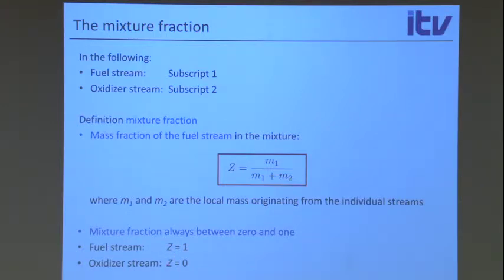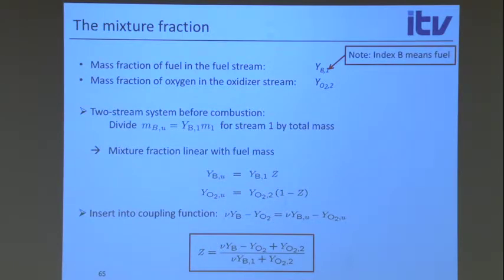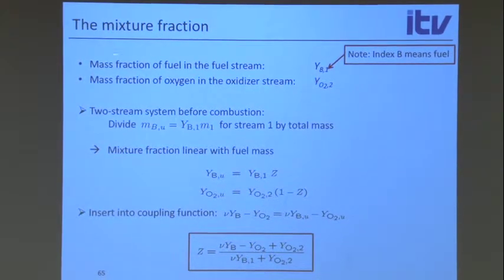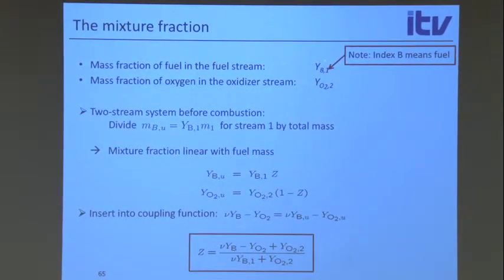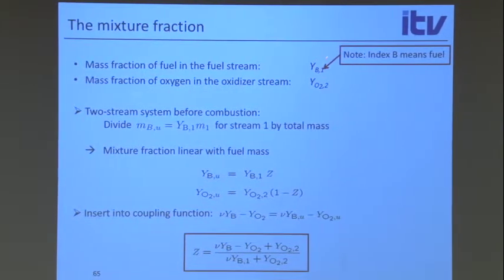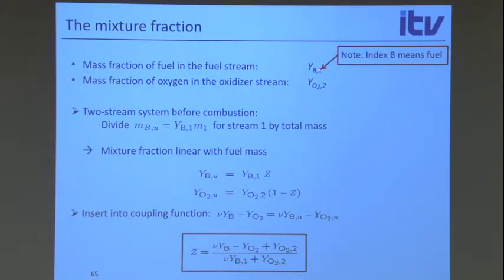In the oxidizer stream, the mixture fraction is 0. In the fuel stream, it's 1. Here, note index B means fuel, again. Mass fraction of fuel in the fuel stream, we call this Y_B,1, B for fuel, 1 for fuel stream. Oxygen in the oxidizer stream is Y_O2,2. And then we can